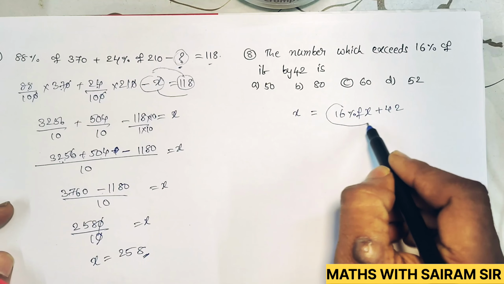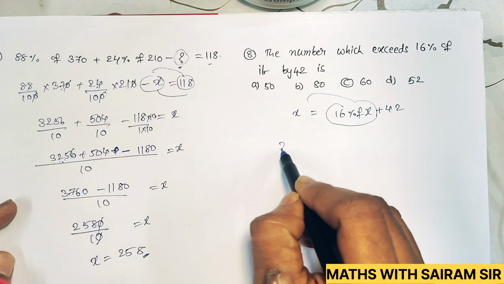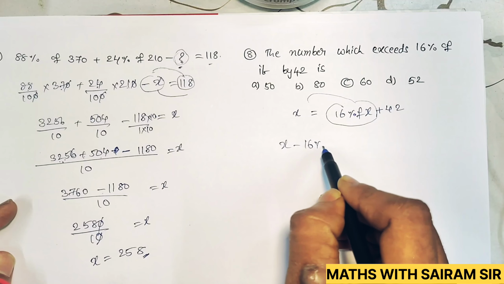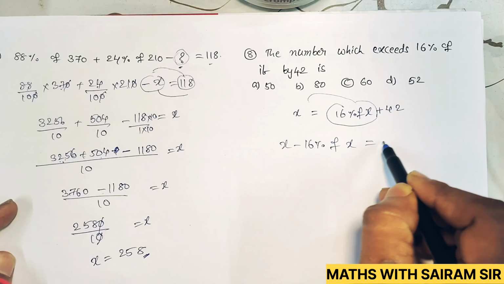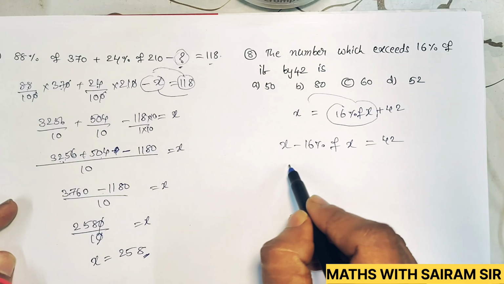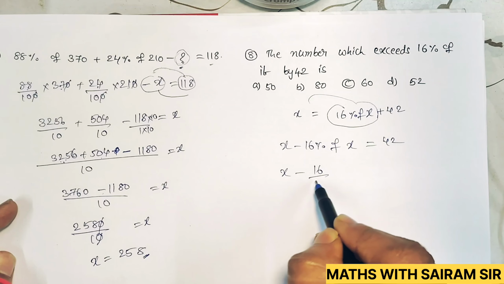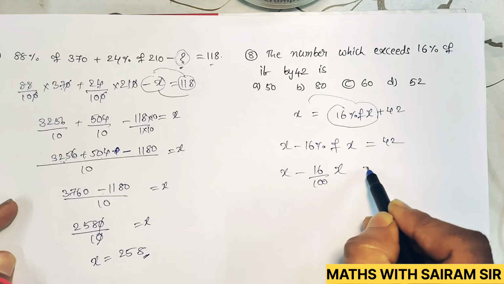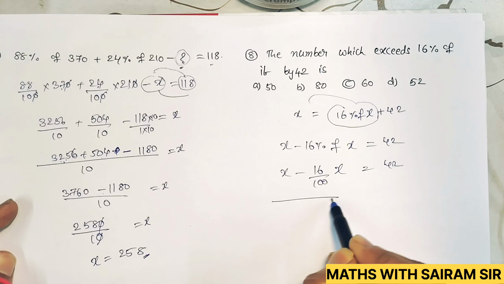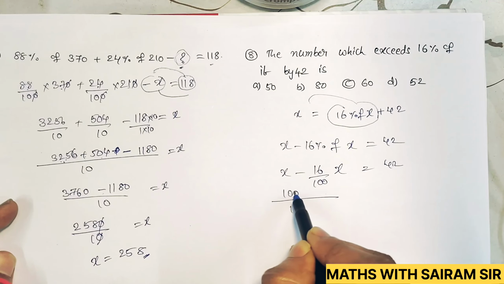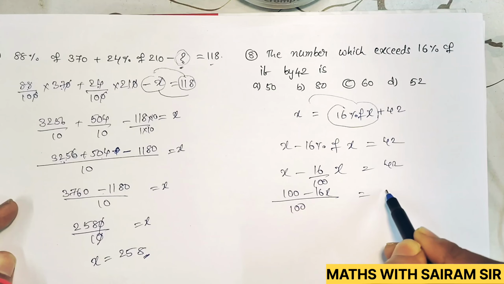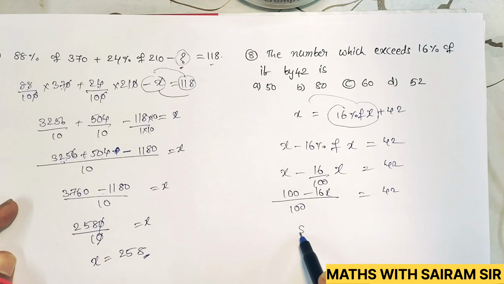So on transposing this 16% of x to other hand, x minus 16% of x, that gives you 42. So here x minus 16 by 100 into x is equal to 42. So on taking LCM, that is 100 minus 16 x, that gives you 42, that is 84 by 100 into x